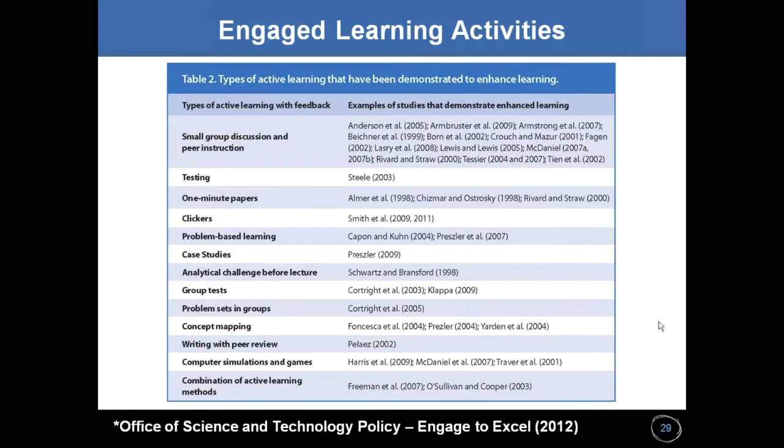So the instructor-led problem sessions, while I expected those to be more engaged, turned out to be mostly me standing up in front of a bunch of students working problems with less than ideal engagement. And so I decided to change the in-class format. And this is a list from the report to the president of all the activities